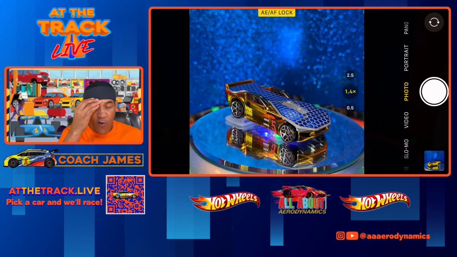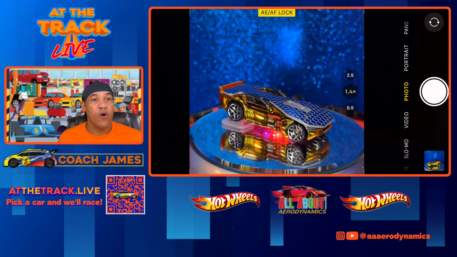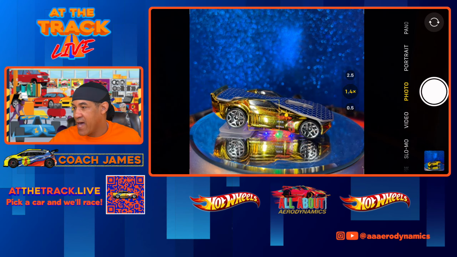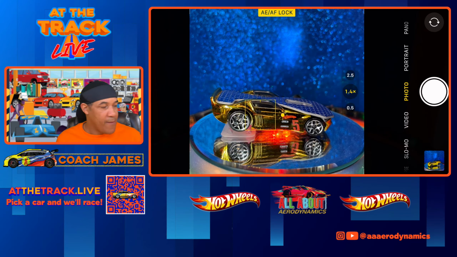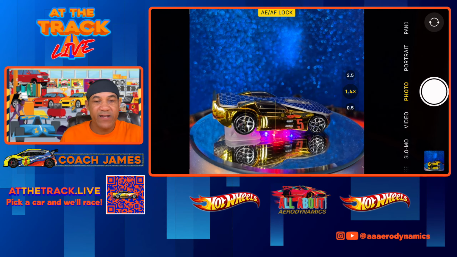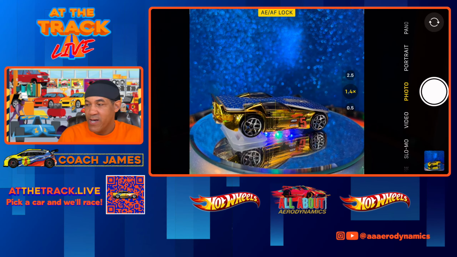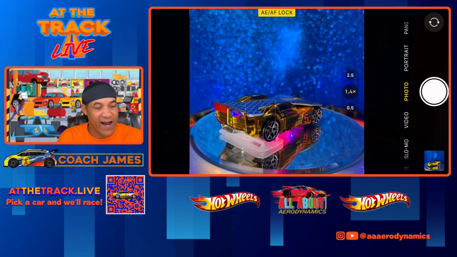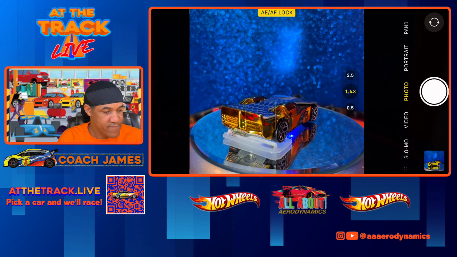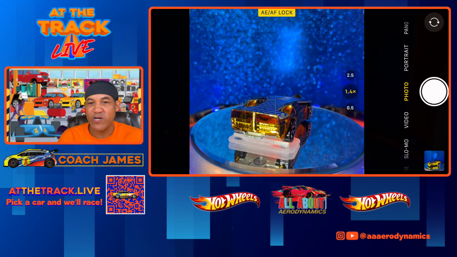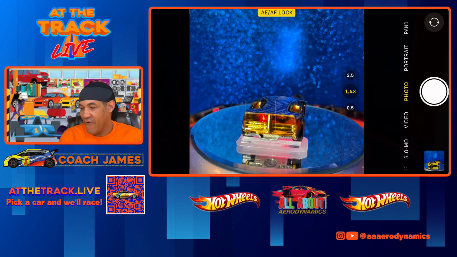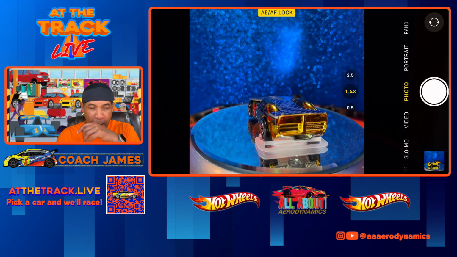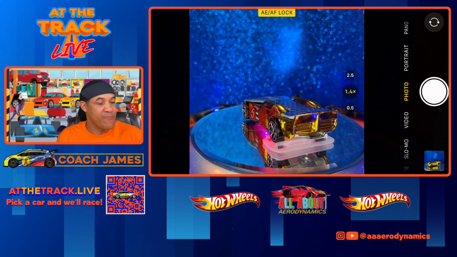So once again, the Solar Reflex for the second week in a row is the fastest in fleet car and will be challenged next week by a new set of cars, which will include the 600th car in the fleet. I think I'm gonna have to look through and really make a special pick of some sort for the 600th car. That's a pretty big milestone, and it really speaks to